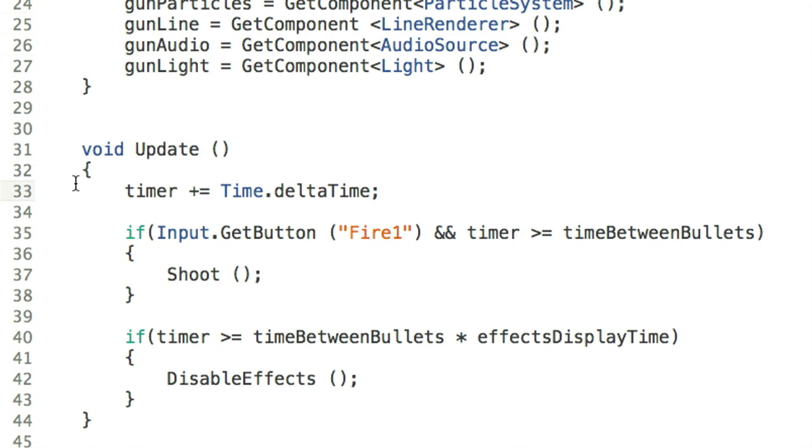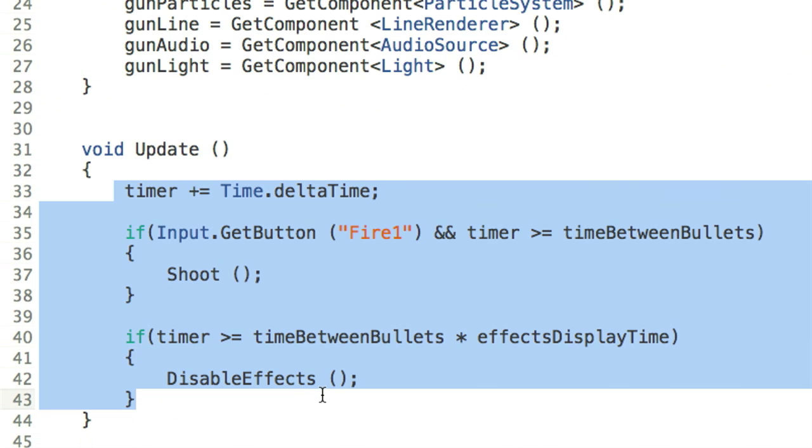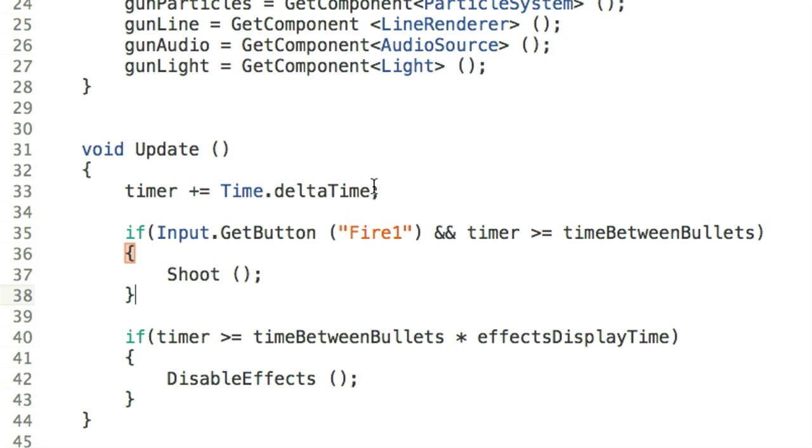Now, in the update function is where we control whether or not it is time to shoot. So very much like with the enemy attacking, here we have a function that's going to manage that. So the first thing we're going to do is accumulate our time. And we do that by saying timer plus equals Time.deltaTime. So it basically will increase in size as time progresses. Then we're going to say if